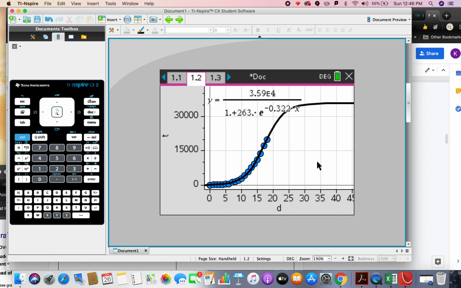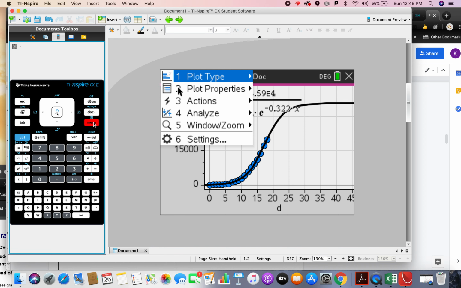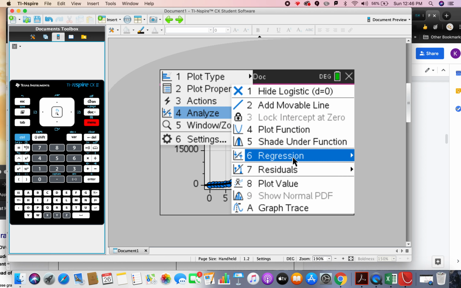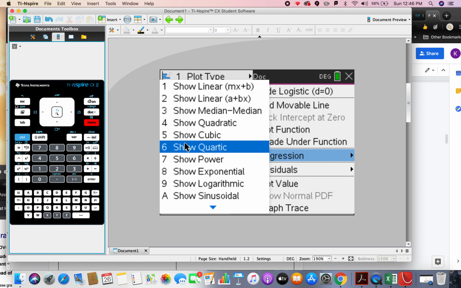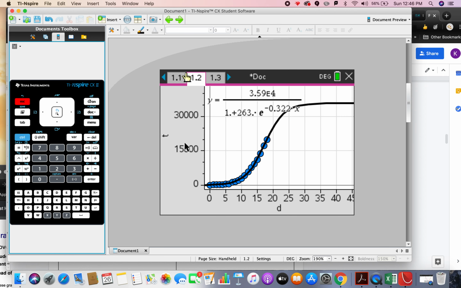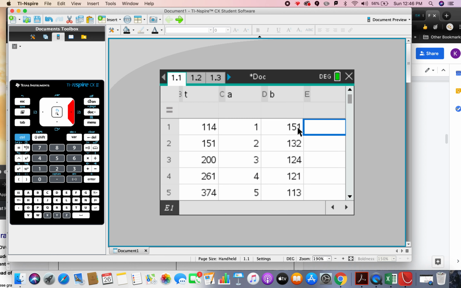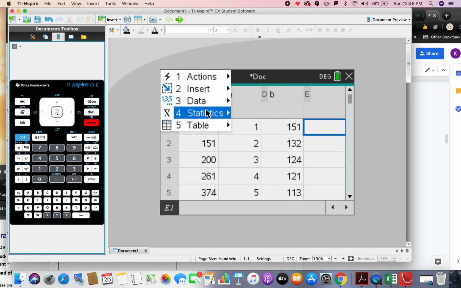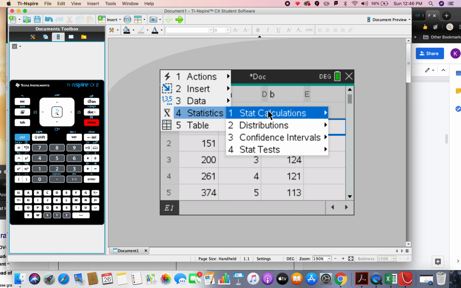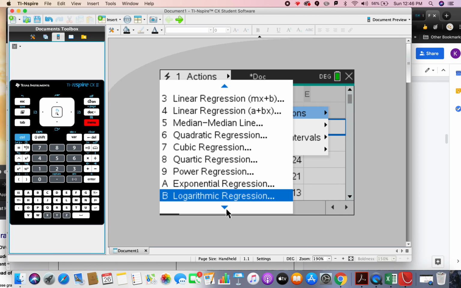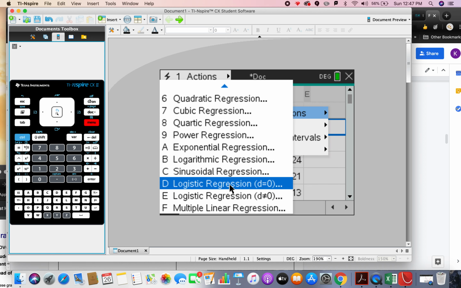Another thing: once we've fitted the model, we actually save this model to somewhere, to F1 or F2 or F3. So let's just do it again. Menu. Alright, sorry. When we actually fitted the model, it just fitted straight away. So what we can do is go back to the table of values here, and go menu, statistics, stat calc, and we want the logistic regression with D equals 0 going upwards,